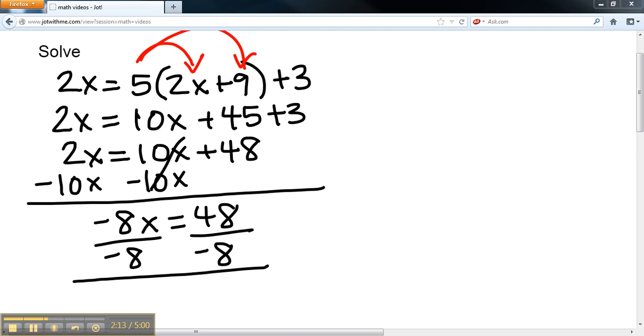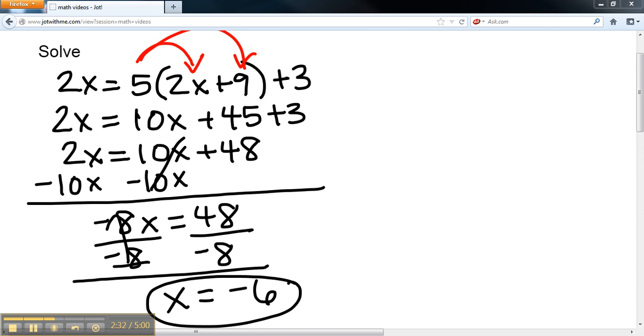What do I get then? Negative 8 over negative 8 gives me a 1, so I'm just left with an x on the left-hand side. On the right-hand side, 48 divided by negative 8, positive divided by negative gives me negative 6. So x equals negative